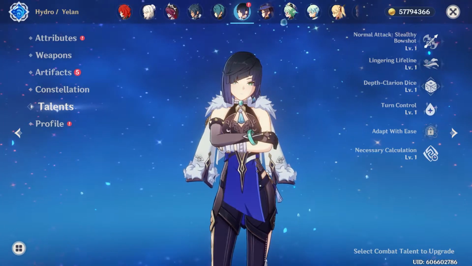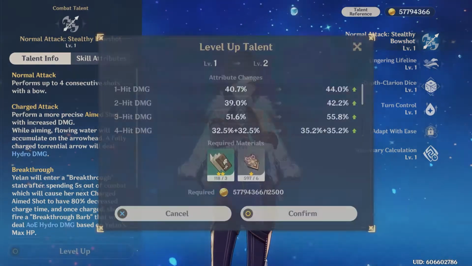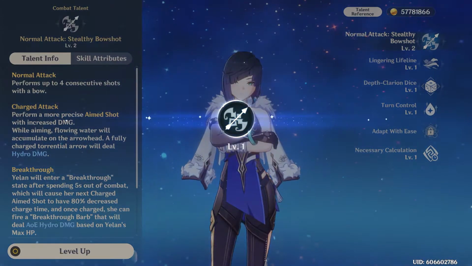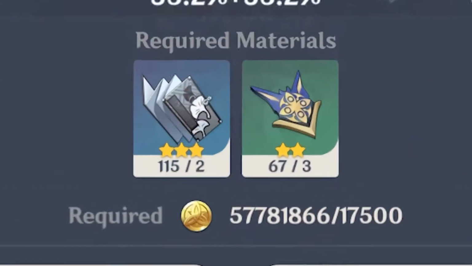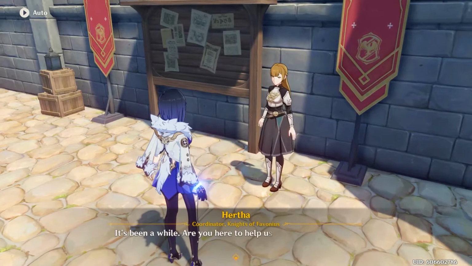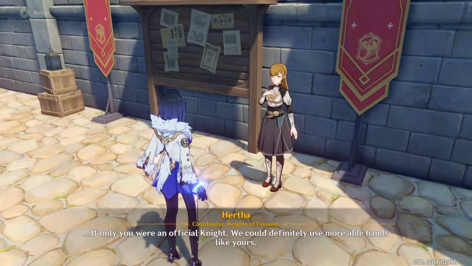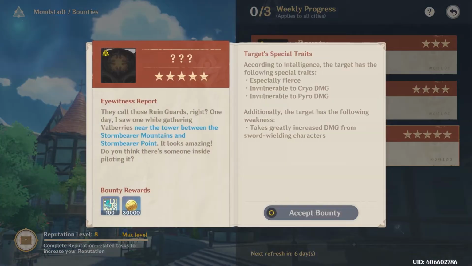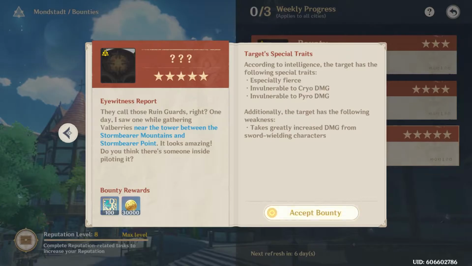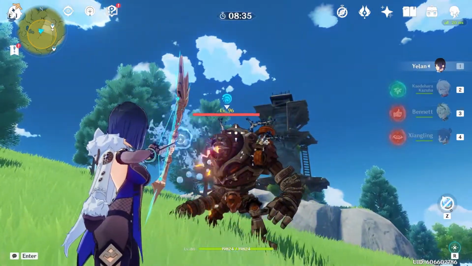For the fifth and final tip, we have saving up Mora. Whether you're leveling talents, artifacts, weapons, or even characters' actual level, they all have one thing in common, and that is, they use Mora. Mora is a universal currency in your journey across Teyvat, and why it's important to stock up. As you reach higher levels for characters and weapons, the cost for upgrading increases drastically. Make sure to balance out your spendings and savings because you'll want to have a good amount to get by